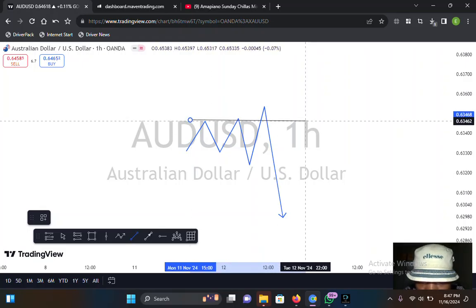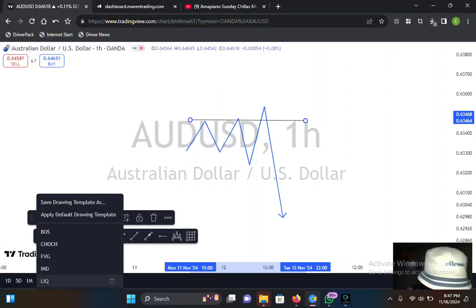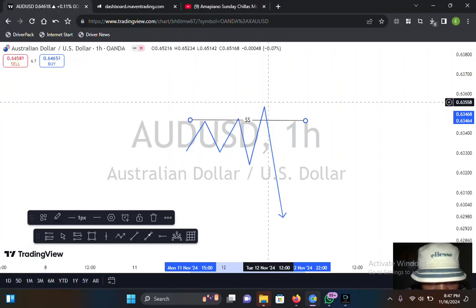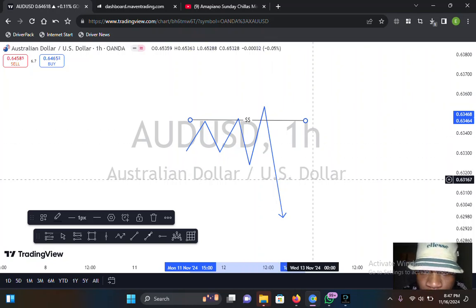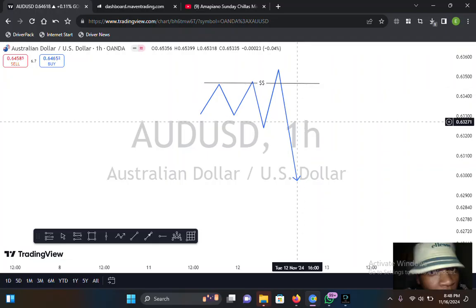We observe this liquidity here, it was swept. Good, liquidity was swept. So in mind we have a narrative that price actually wants to go down,